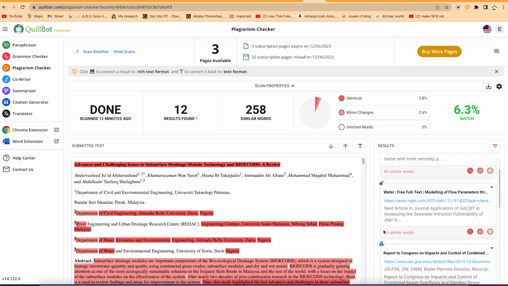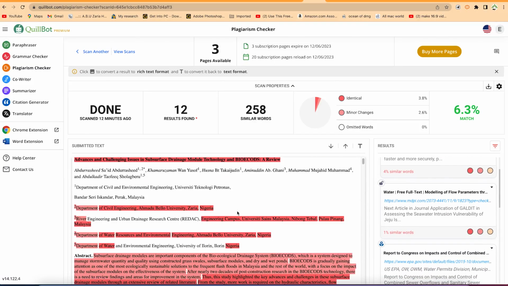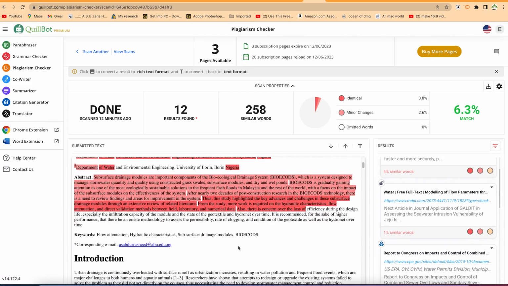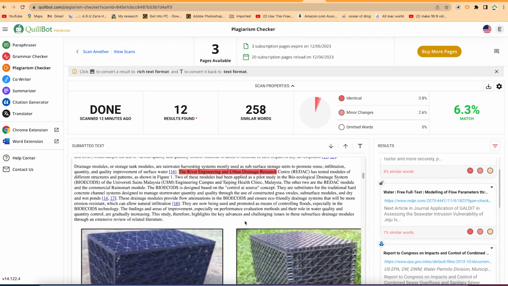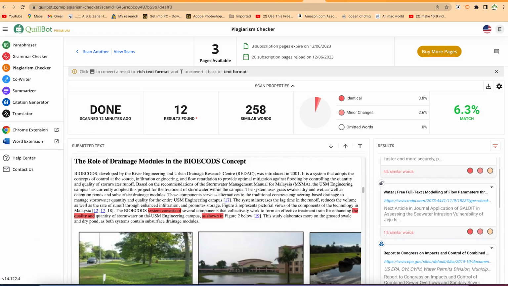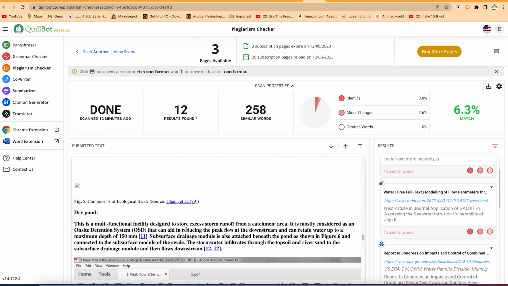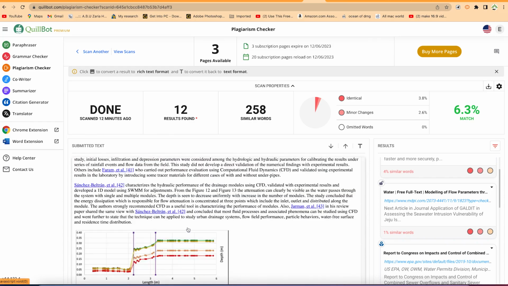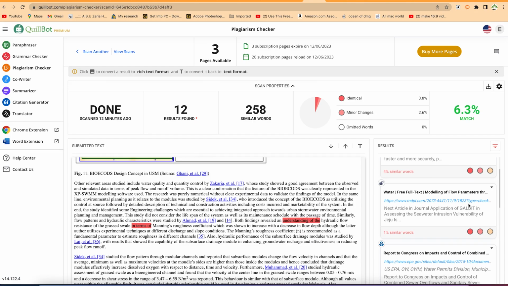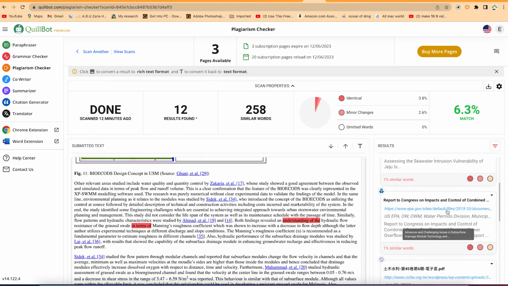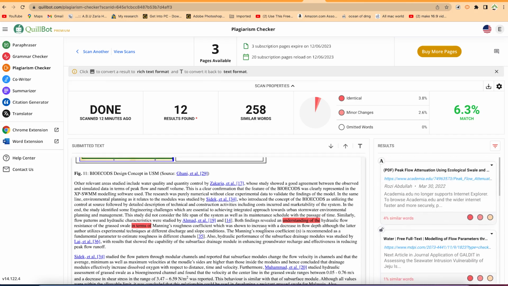So you can go ahead and see the reports, and wherever it's been plagiarized, you can see this content is being plagiarized. If you want, you can copy it and paraphrase it with Skillbot. These are some of the key messages or places it has highlighted as being plagiarized. Just navigate around to see. You can go ahead and check out the sources. These are some of the sources where the text is likely to come from.